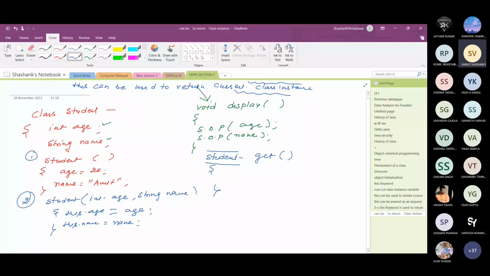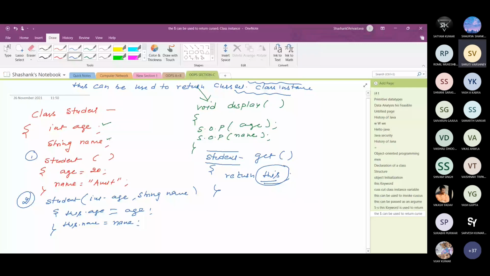Okay, now what should this particular method return? It should return an object reference variable. So here we return this. If I return this, this basically refers to the current object of which type?